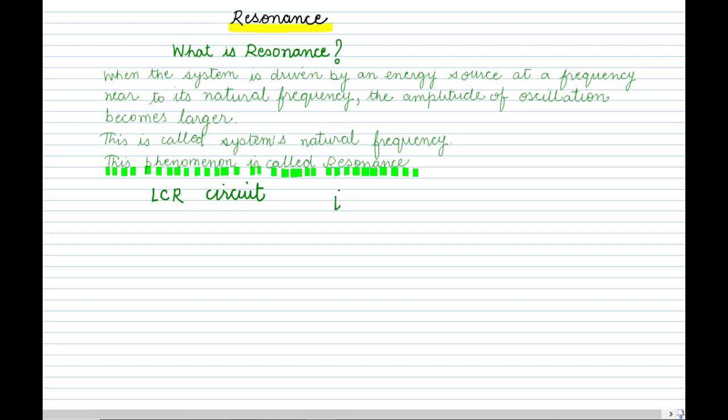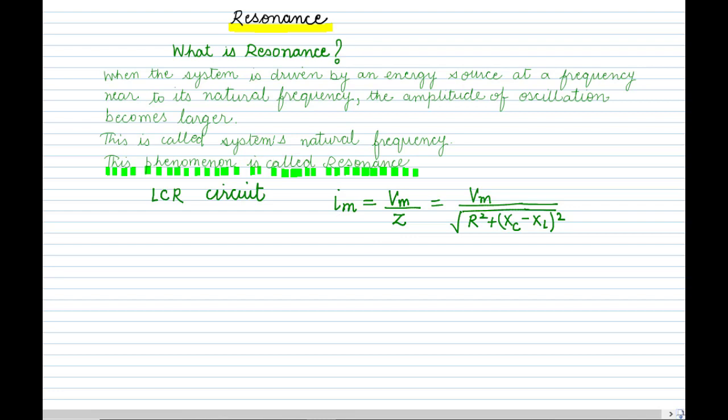And the maximum amplitude of current is given as the ratio of maximum voltage to impedance, and this impedance includes the resistance, the inductive resistance and the capacitive resistance. The impedance is given by the formula under root of R square plus (XC minus XL) whole square. So this is the resistor, this is the capacitive resistance and this is the inductive resistance. So this is how we write the current. This is simply from Ohm's law, I is equal to V upon R.